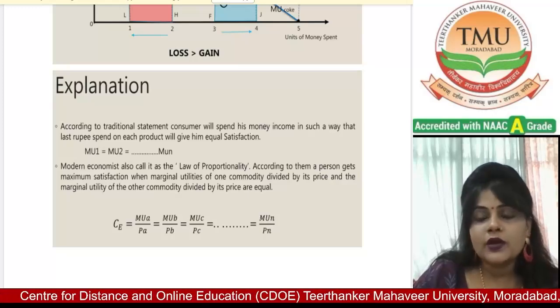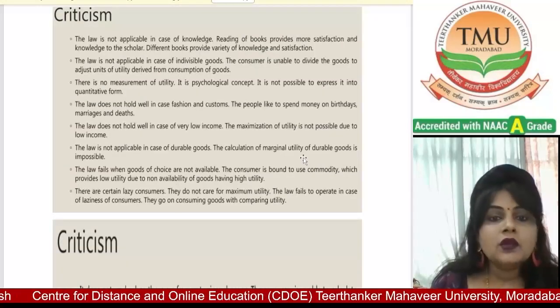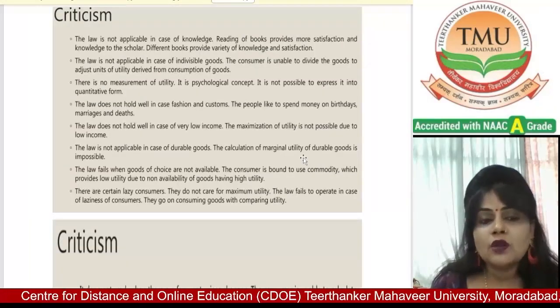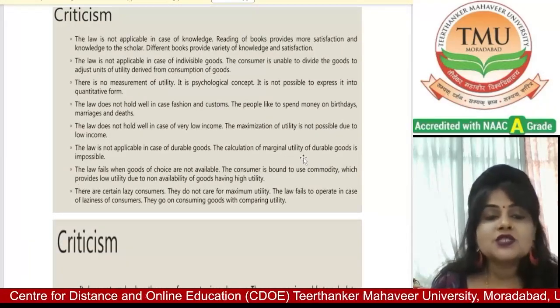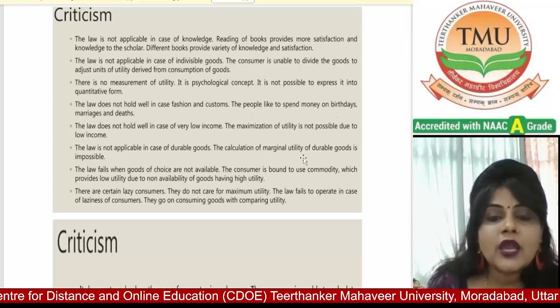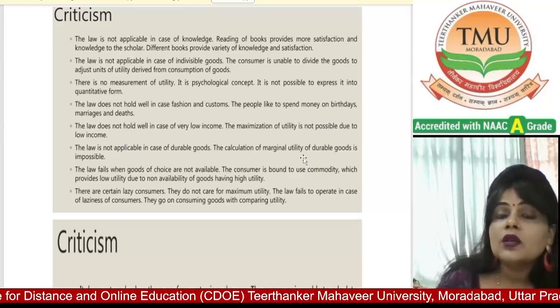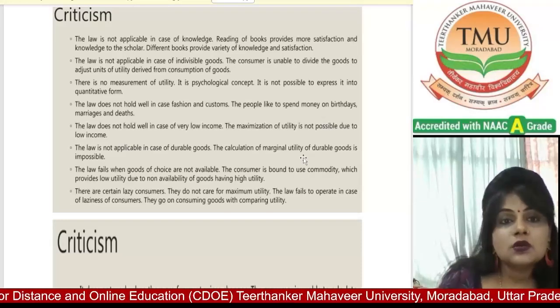Hope students, you have understood what is equal marginal utility of money. Otherwise, his satisfaction may not be maximum, because the marginal utilities from his expenditure cannot be equalized due to ignorance, because he does not have full knowledge. Next,